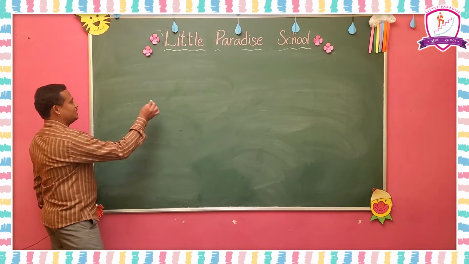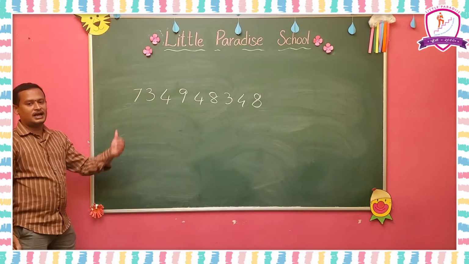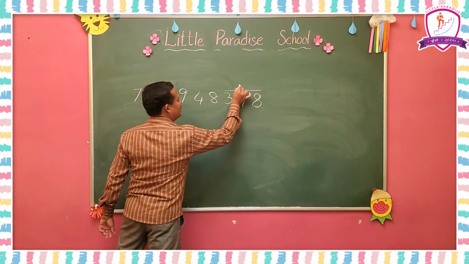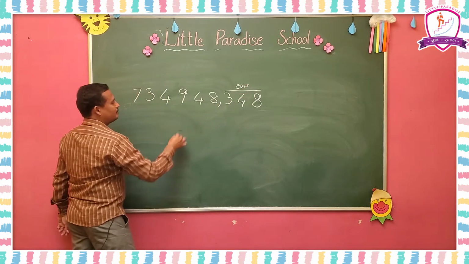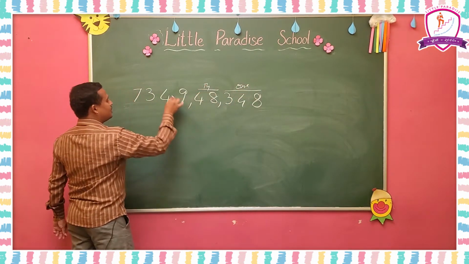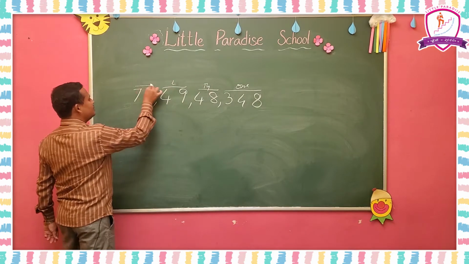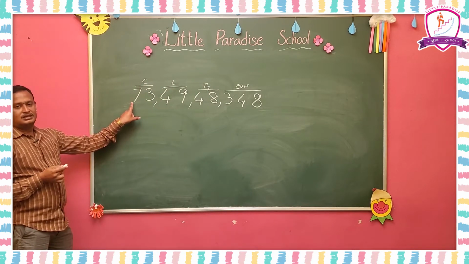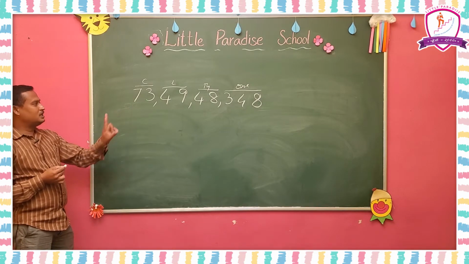So I am going to explain another one. Here we are going to write the place value for this. So put commas according to the periods. Ones period after comma, thousands period after comma, lakhs period after comma, it will be the crores period. Here we have to read the first number, 70 crores. Each number you have to write.